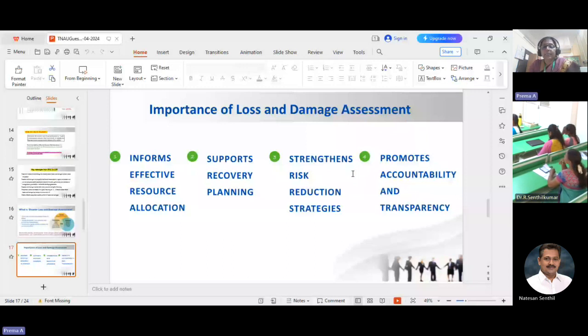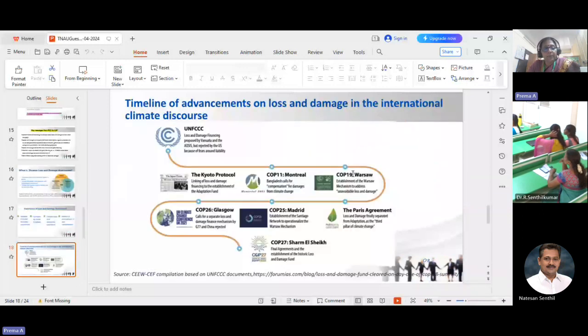So the timeline of loss and damage in the international climate discourse: we started from the UNFCCC initial discussion itself, and even through the Kyoto Protocol, then COP11 Montreal and Warsaw, and then again COP26 Glasgow, everywhere. The need for loss and damage assessment was discussed, and it is in COP27, the latest, that the final agreement on the establishment of the losses and damage framework and a losses and damage fund has been decided. And